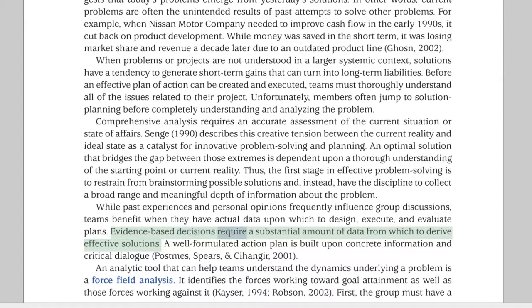Evidence-based decisions require a substantial amount of data from which to derive effective solutions. A well-formulated action plan is built upon concrete information and critical dialogue. Postmus, Spears, and Sahamier, 2001. An analytic tool that can help teams understand the dynamics underlying a problem is a force field analysis. It identifies the forces working toward goal attainment as well as those forces working against it. Kaiser, 1994, Robson, 2002. First, the group must have a